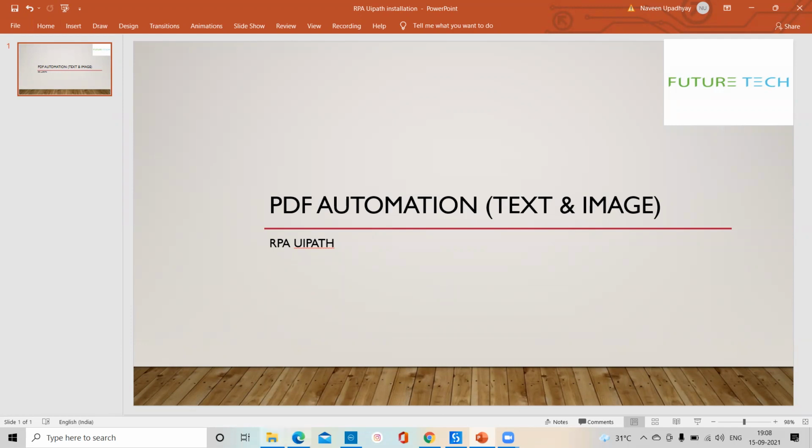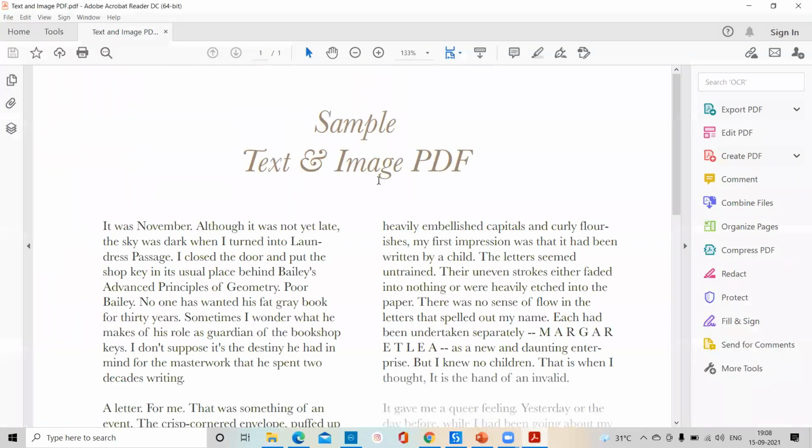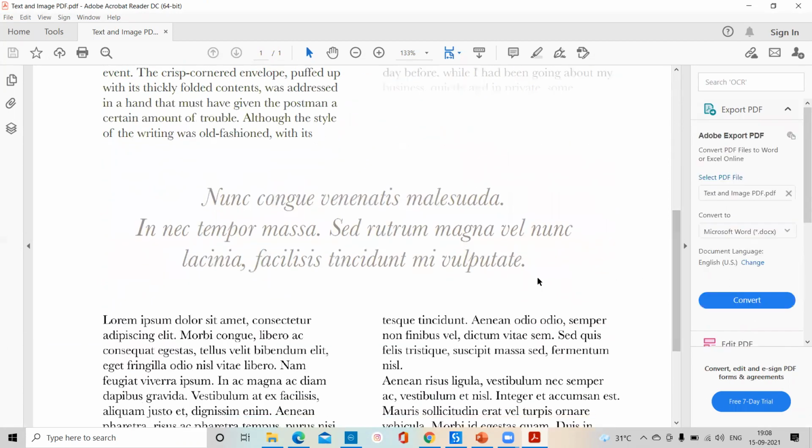First of all, I will show you the PDF. You can see here, this is the text and image PDF. If you scroll down, you are able to mouse over and click anywhere until the full stop.